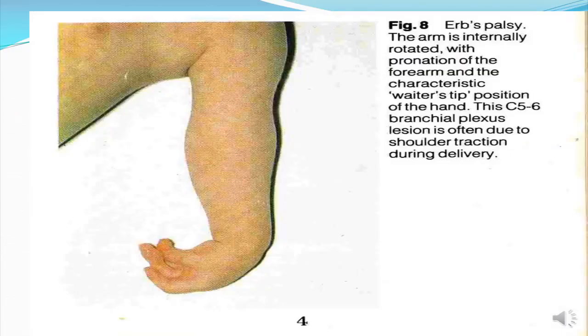This is one example of birth trauma, which is called Erb's palsy. When there is shoulder dystocia, there will be traction on the shoulder causing injury to the cervical plexus C5, C6, and causing internal rotation of the forearm, adduction of the arm, and flexion of the